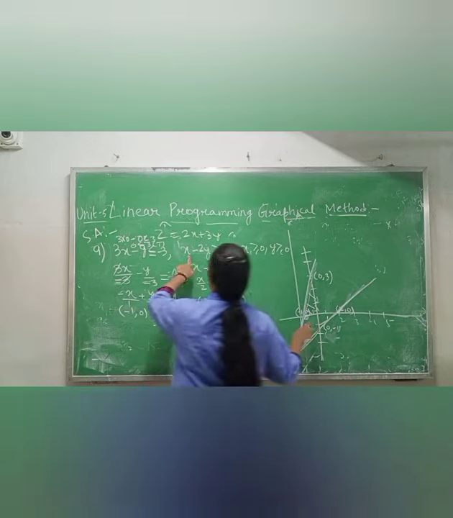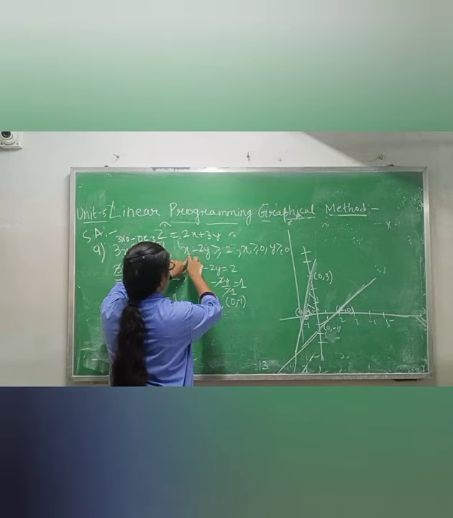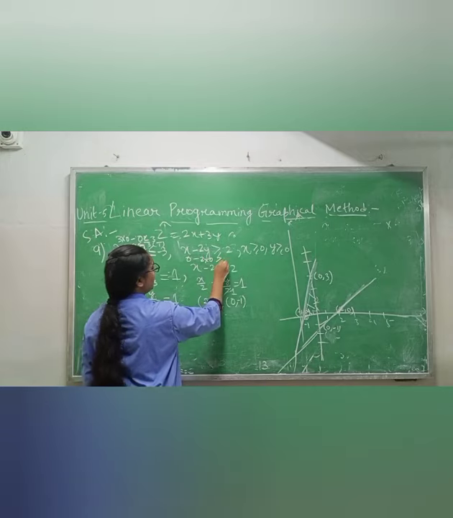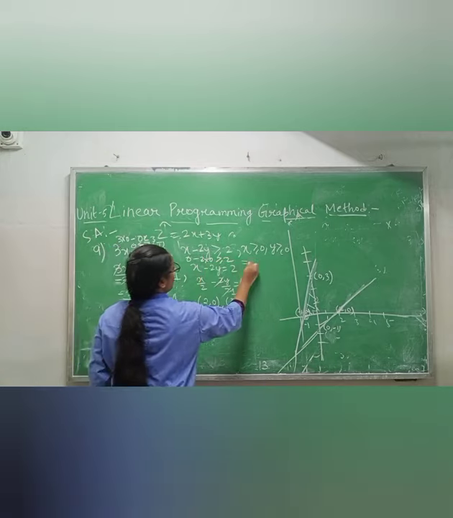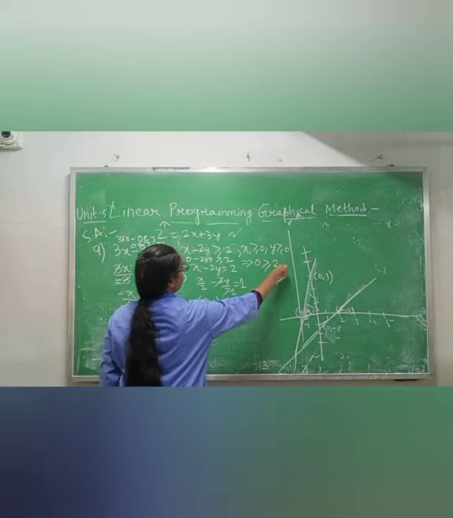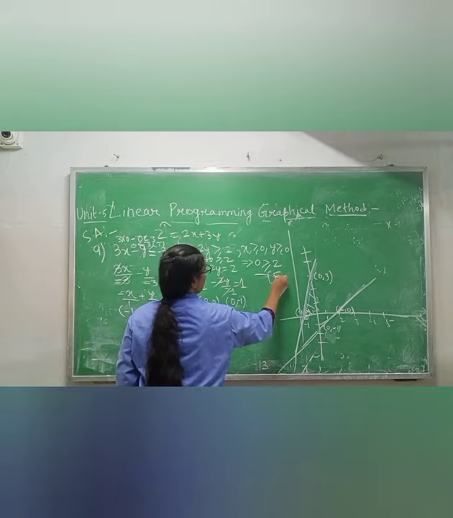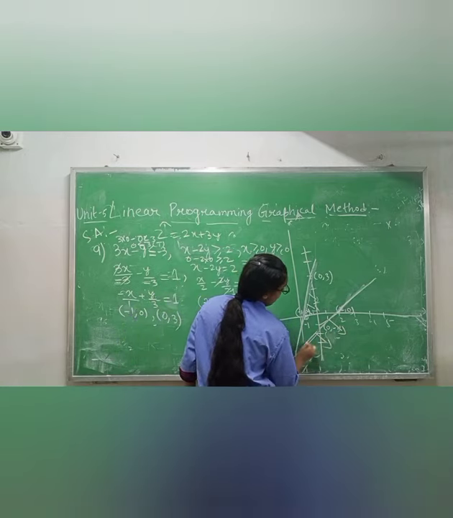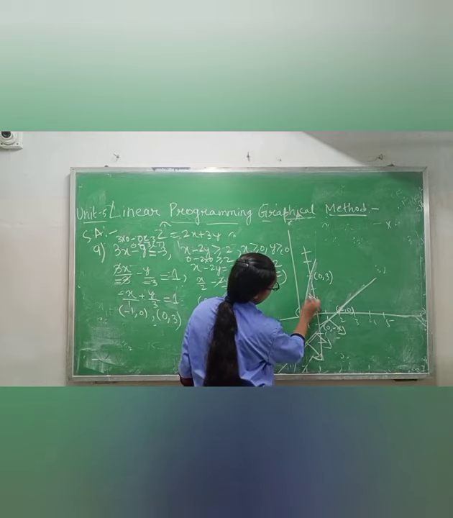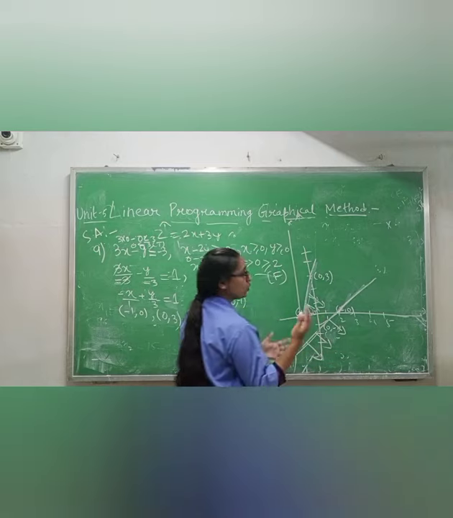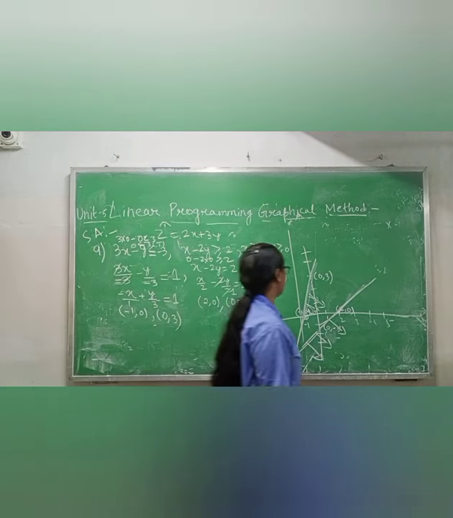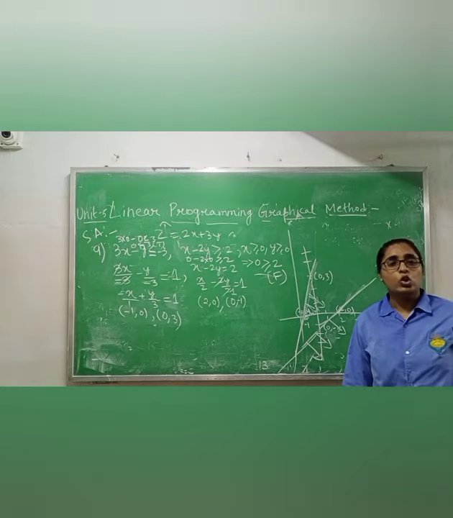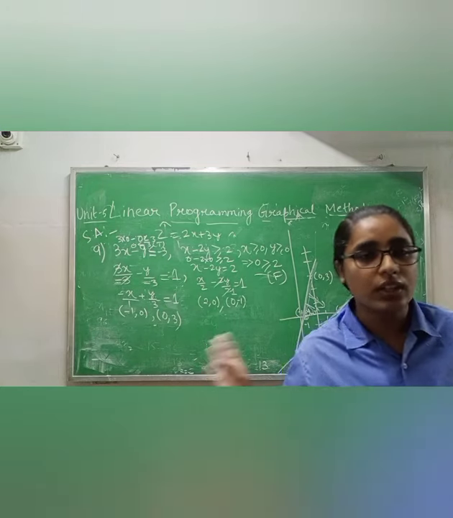Then again we will put here x minus 2y. In place of x we will put 0, and in place of y we will put 0. How much will we get? It is showing 0 is greater than or equal to 2, which is false. So if it is false, this line will go away from the origin. See, this one is coming this side and this one is going this side. There is no feasible region. So from the graph we can say that there is no feasible region because we are not getting any common region. Okay, write this.